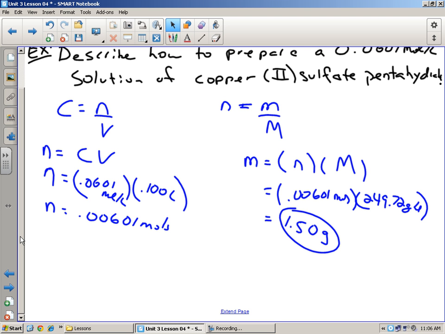So grab the bottle. Just leave it on there, and get it right over top here, and dump some in. Okay, we're at 0.6 grams now, so we're roughly about halfway. And then you're going to keep going until you get to 1.50. Okay, that's 1.50 exactly. I hit it right on the nose. If you go over, which I did not,